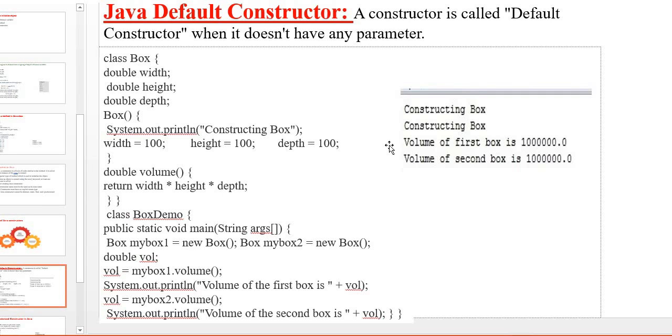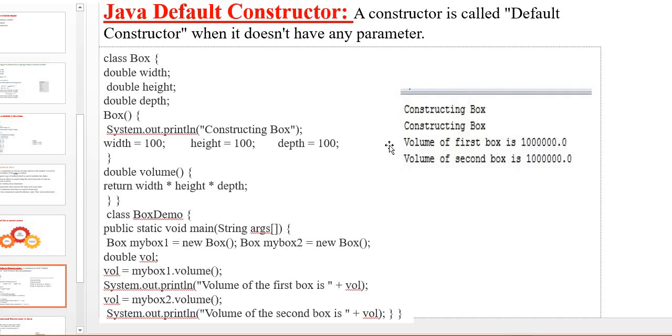Class Box with three instance variables, and within that class I am creating a constructor, Box. A constructor is nothing but a method whose name is equal to the name of the class. Within the constructor I am printing the statement "constructing box", then I am assigning the values to the instance variables. That is, the value 100 will be assigned to width, height and depth separately.